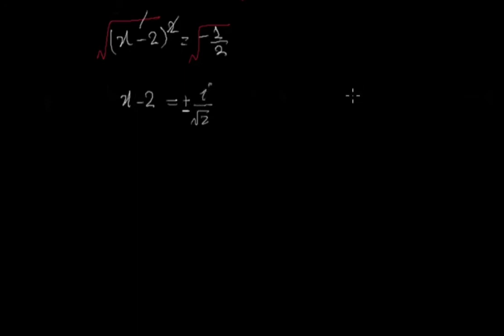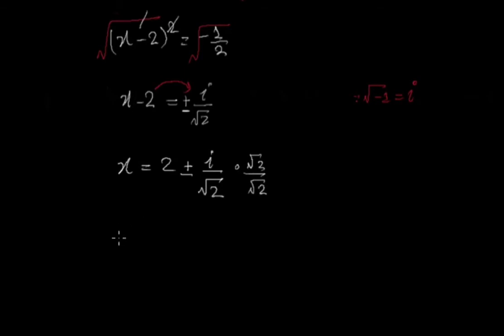It's imaginary because the square root of negative 1 is an imaginary number. So I just write it as an imaginary number. Now we isolate the value of x, so we move this term to this side. So it becomes. Now to simplify, you rationalize 2. So our final answer is